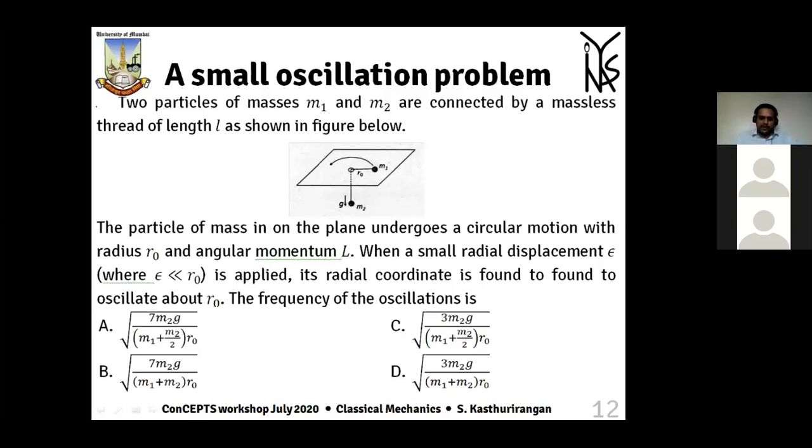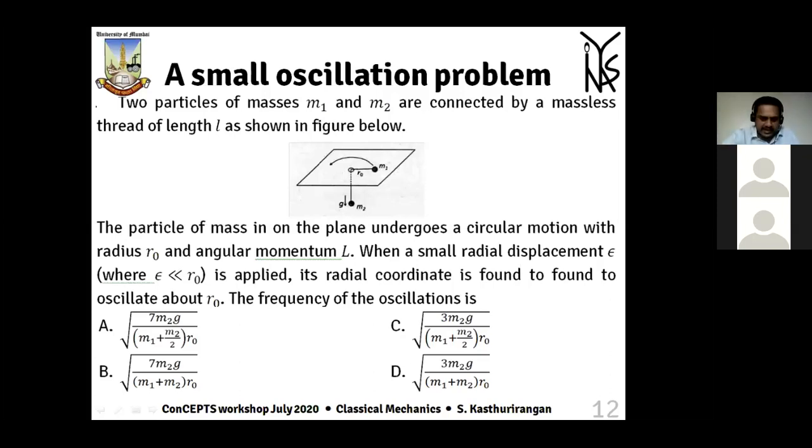And you are given 4 options. This is what I was talking about. Dimension analysis doesn't help. All of them have the same dimensions. Still, one can try to guess the answer. I am not suggesting that you do it, because you may end up guessing wrong. Guessing is the last option you should have. Especially with negative marking, you should avoid guessing completely. But if you are asked to guess the correct answer, how will you go about it?